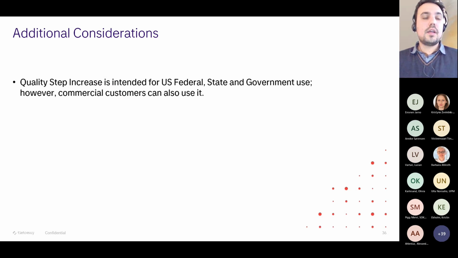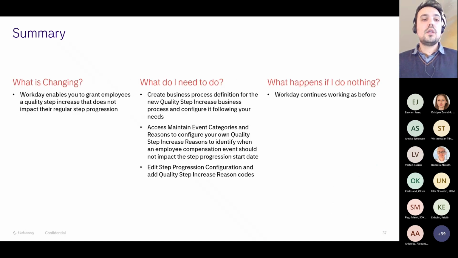Additional consideration, similarly to the within grade increase notification, this was meant mostly for US federal, state, and government. However, this is an open process for all customers, so if you see any needs and you want to opt in for this feature, you can definitely do it. So what's changing? You have a new business process called quality step increase. That's for employees that you want to bring to the next step, but you don't want their step progression date